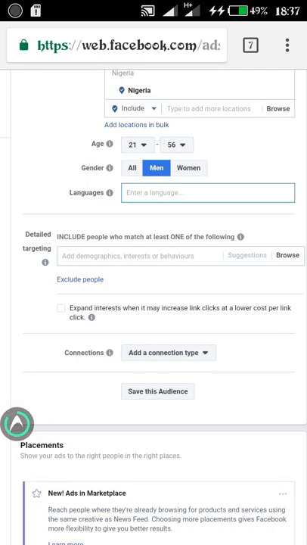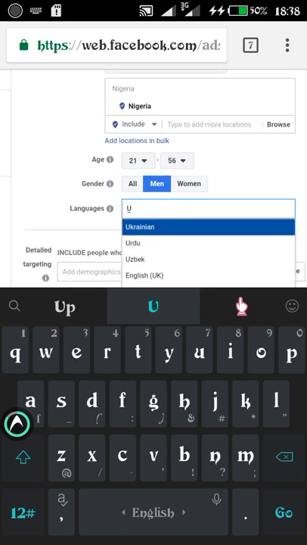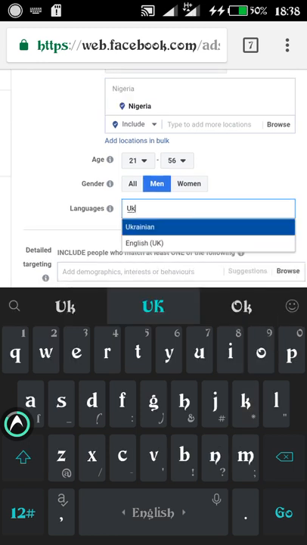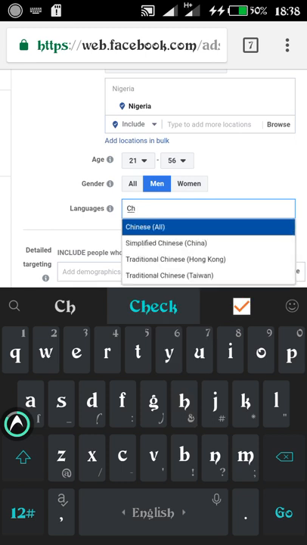that maybe US people who speak the US, depending on what you want. Depending on what you want, you can say UK. You can see English UK. So you can say let's say let me see if I can bring out the Chinese. So based on the language you want, and as far as we are concerned, when it comes to Nigeria, we